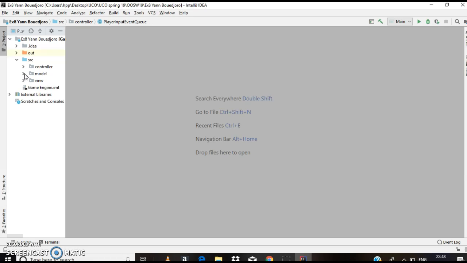So as usual, we have the different packages, the controller, the model, and the view. So let's start with the model packages and see. So we have the game data class,